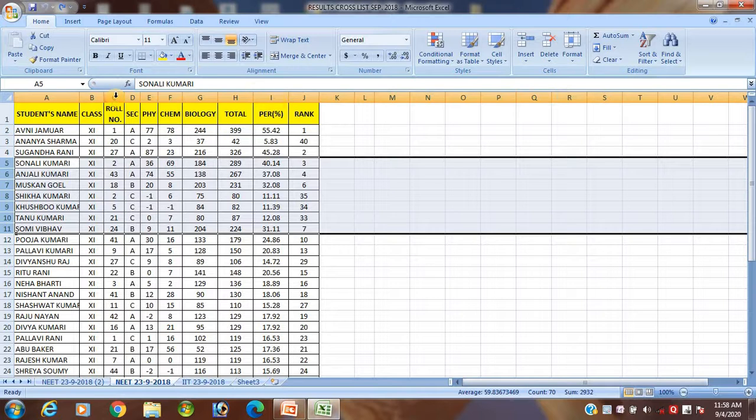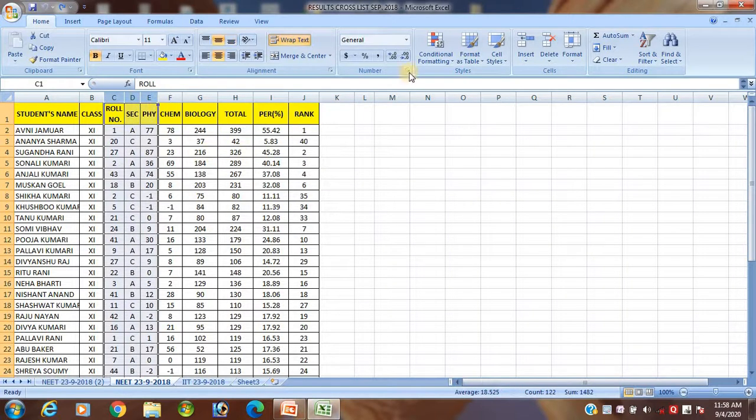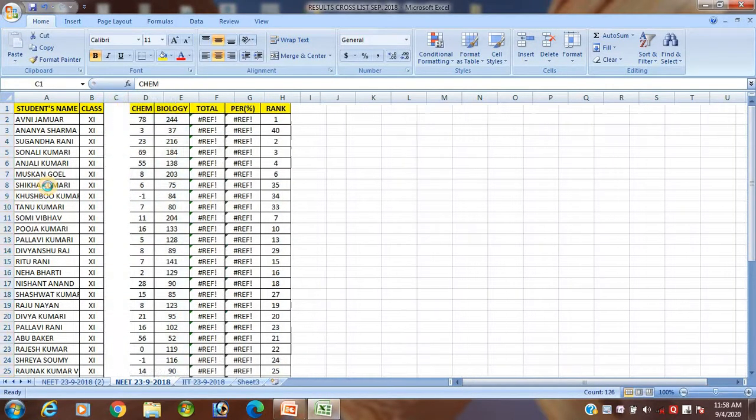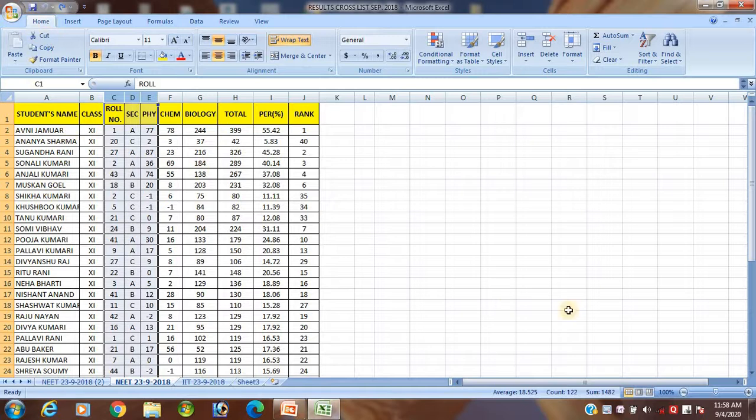In this way also for columns. Suppose I want to delete the column, click on this. Okay, you see, it has been deleted. In this way you can do it. Okay student, is there any problem, student? So in this way, student, I have discussed how to delete rows and columns, inserting, all these things.